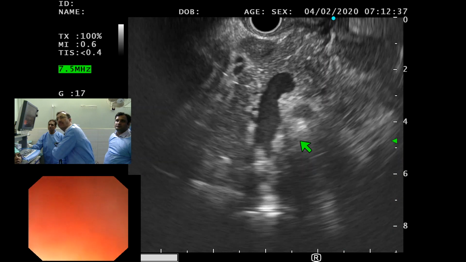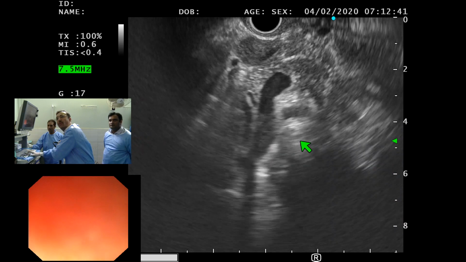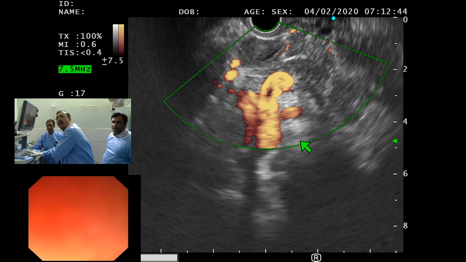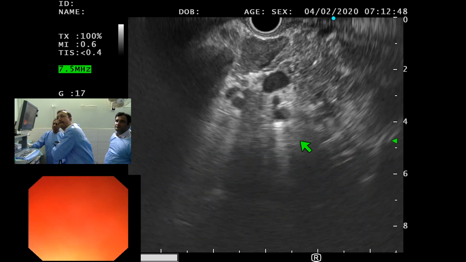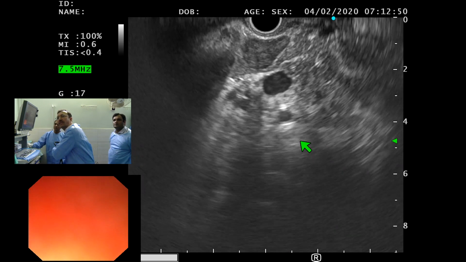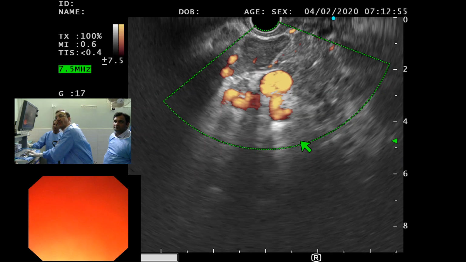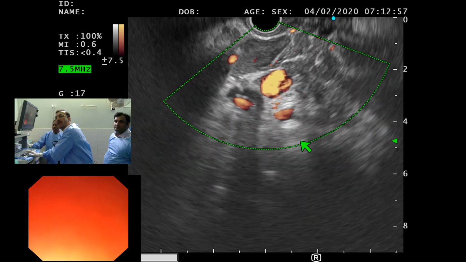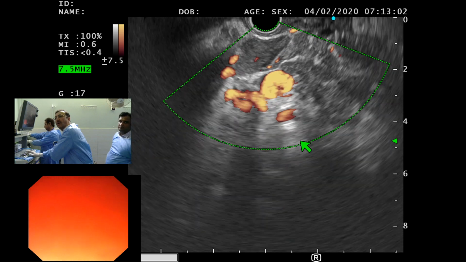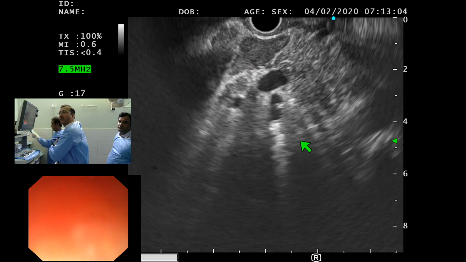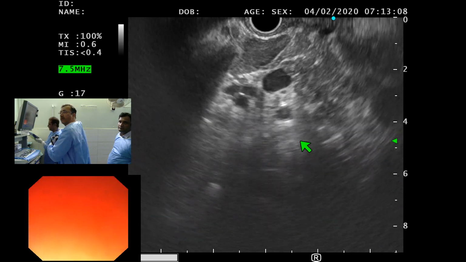Okay, so you've almost seen it till the pancreatic mass, there is none. So you've only seen a big lymph node and that's it. Yeah, that's the only thing. Do you want me to biopsy the lymph node? Yeah, I think so. We should be doing a biopsy of this lymph node. Okay, go ahead. This is a reasonably big lymph node. Sure, go ahead. 22 FNB.